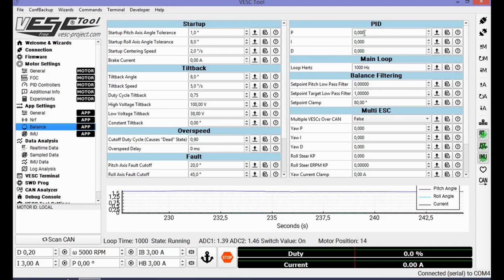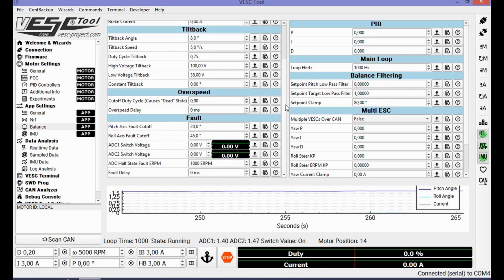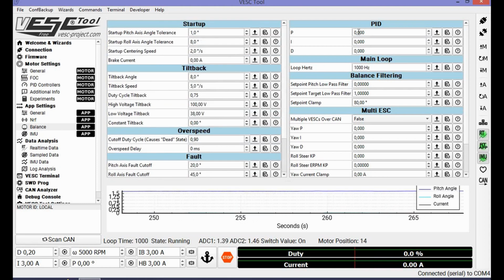The PIDs is something you should do when you're riding. You should check it and gently increase it. Normally you will end up around 8, 9, 10 on the P, and on the D something between 150 and 200. No use for I, don't bother. So we're gonna use a very small P value and then the motor will start. So if you save this,